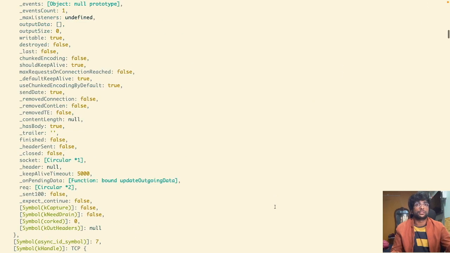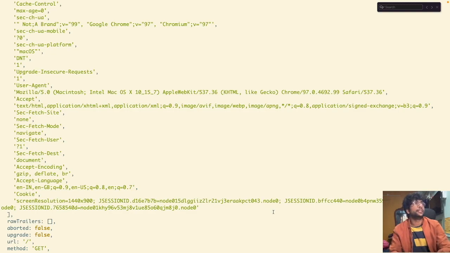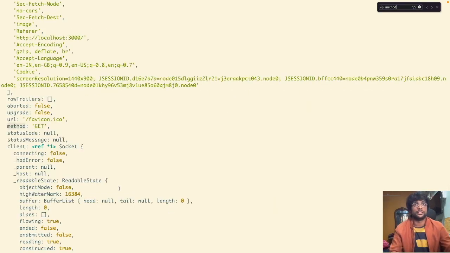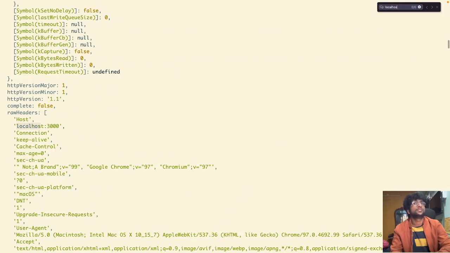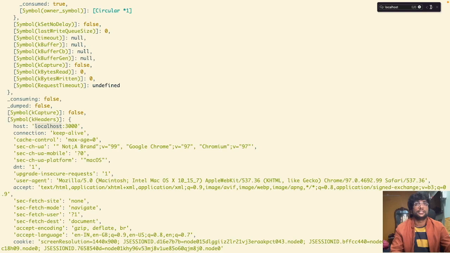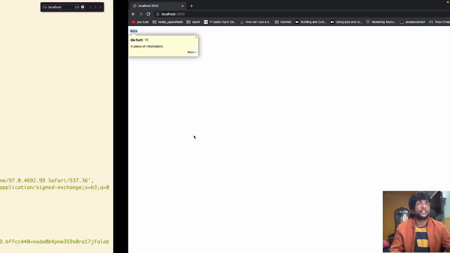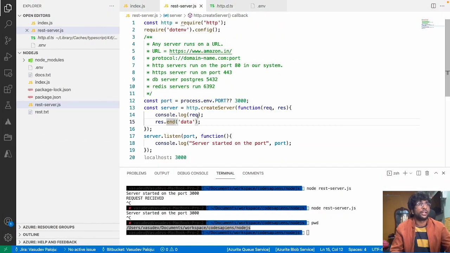Yeah, when I was unable to scroll as well. But if you see a few of the methods or values over here, request.method. Whenever I make any request from the browser, the request.method is GET. So all the requests from the browser are GET requests, right? And the status code is null, status message is null. Also, if you observe localhost, the server is running on the port localhost, and the host is localhost. So here host is localhost, and now let me console.log